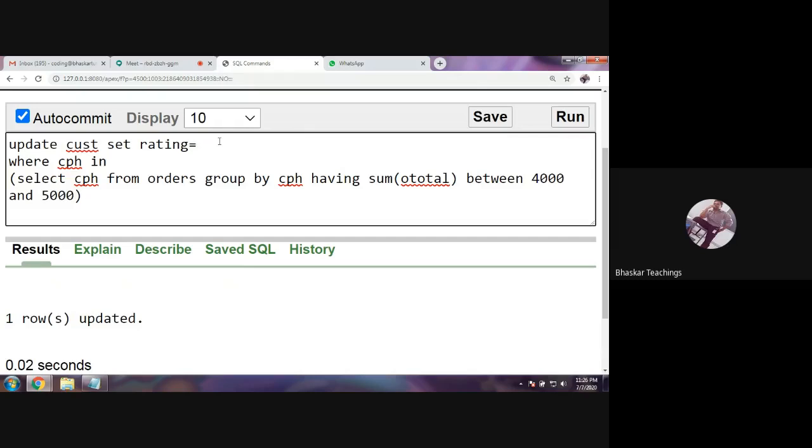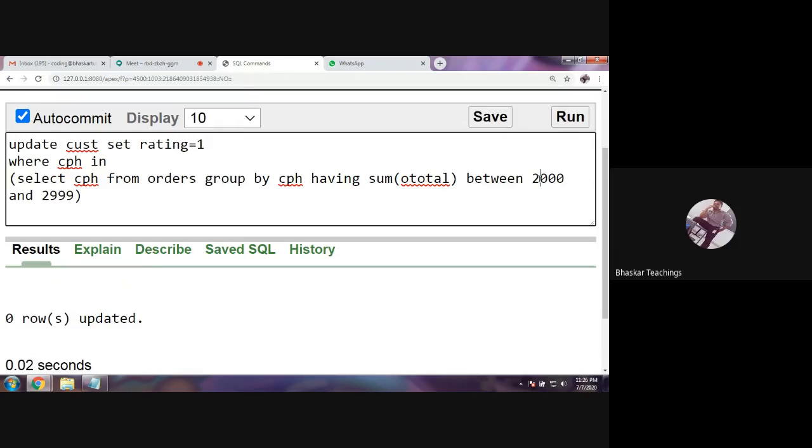Next, give rating 3 for the customers with total between 3,000 and 4,000. Let's give 3,999. Okay, 0 rows updated. No customer is there. Next, rating 2 for 2,000 to 2,999. Any rows? No rows.